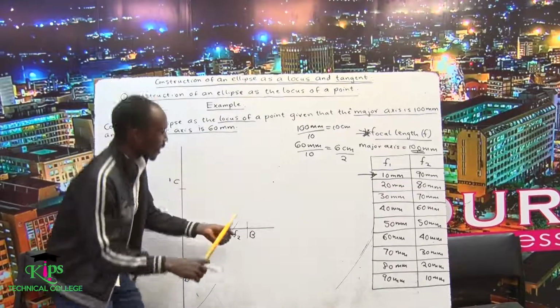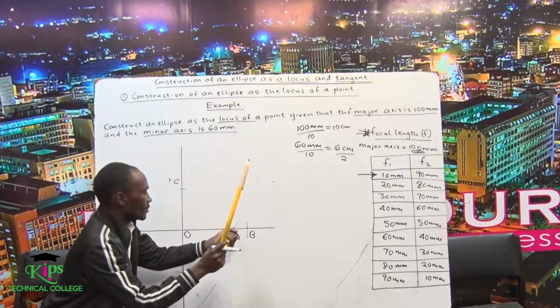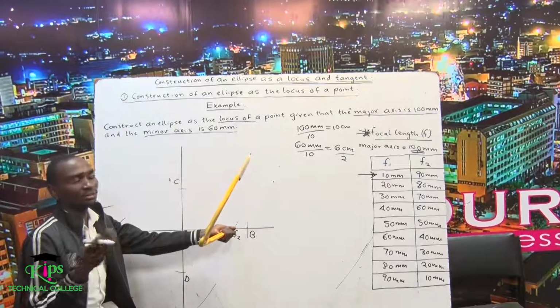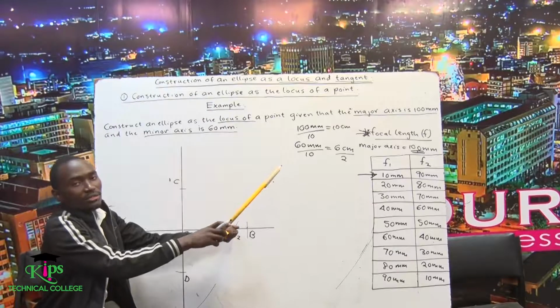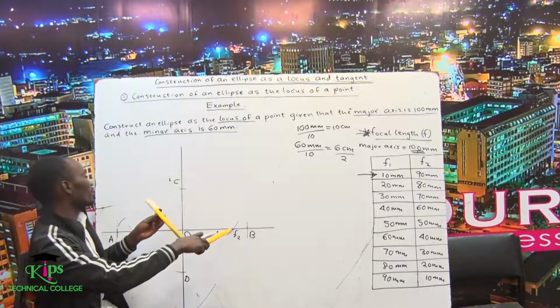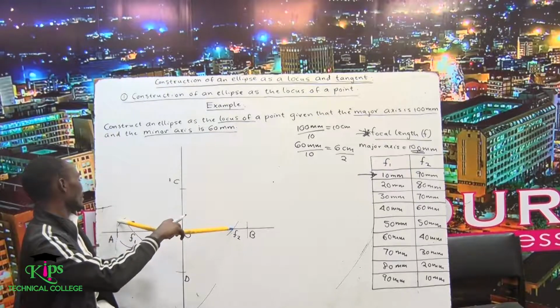So I should step at F2 again, stepping at F2, then adjusting my canvas. I should measure from the ruler 90 millimeters, which is equivalent to 9 centimeters. So stepping at F2 with the 90 millimeters,